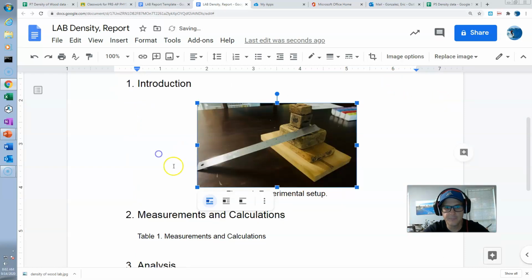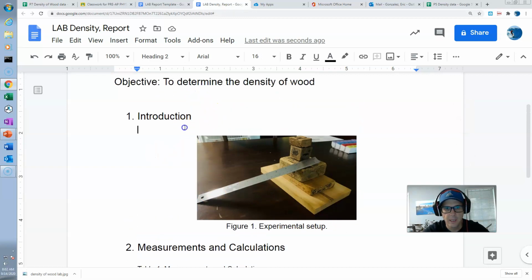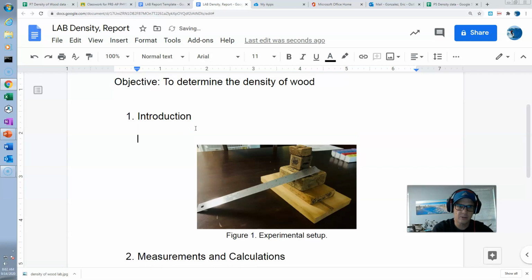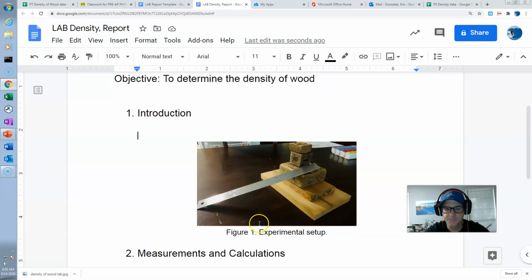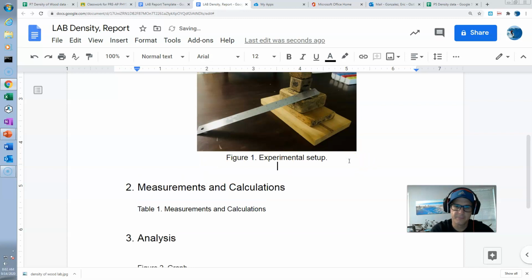Okay, again, this lab is very simple. And in the introduction, you are going to explain the lab. You see, you measure volume and mass, list the materials. I didn't put the scale over here. I forgot to put the scale. So the materials used are